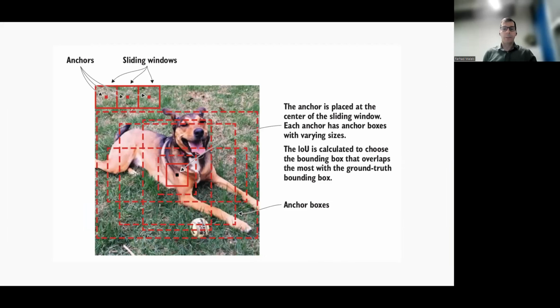Okay, so one idea comes in. To speed up this process, can we start with a really large number of anchor boxes and try to adjust them through a deep learning model? In that case, we can go with initially defined bounding boxes. We call them anchors. As we move through the network, we adjust them.